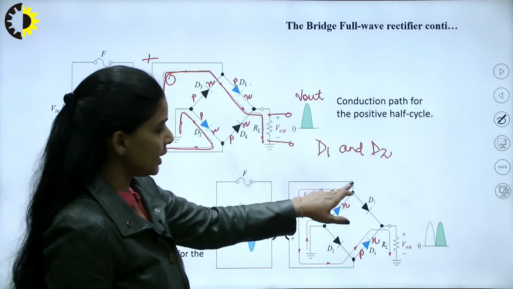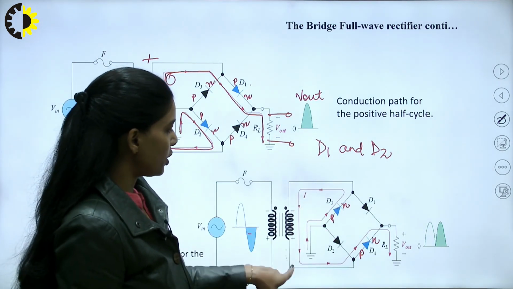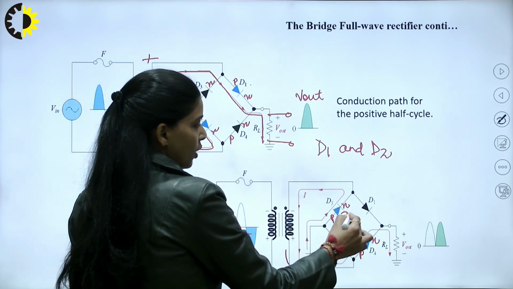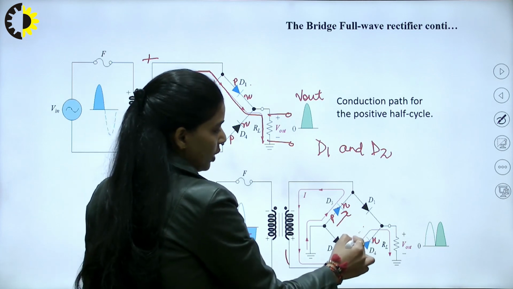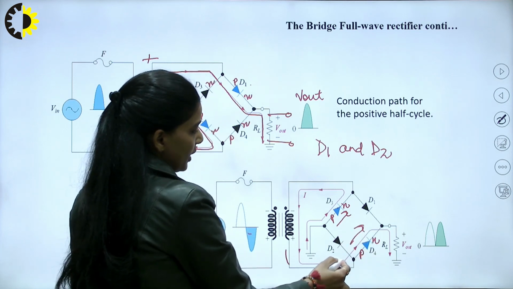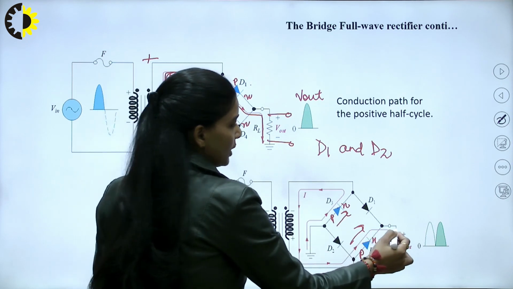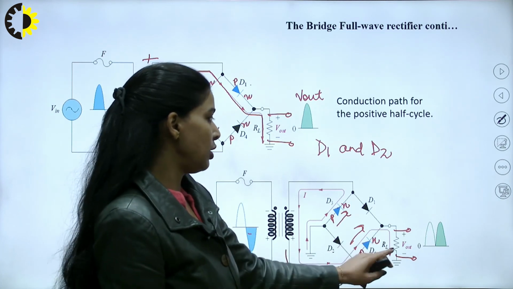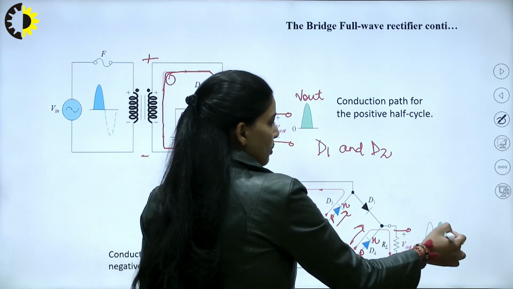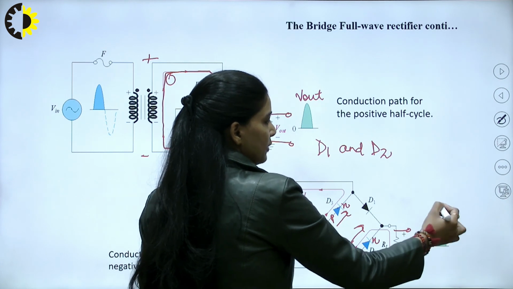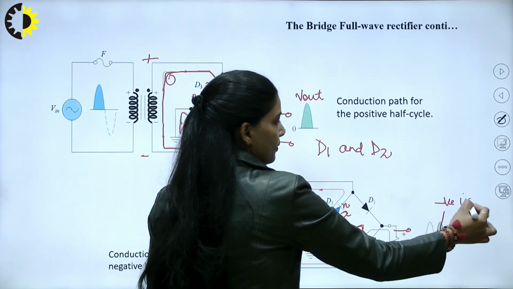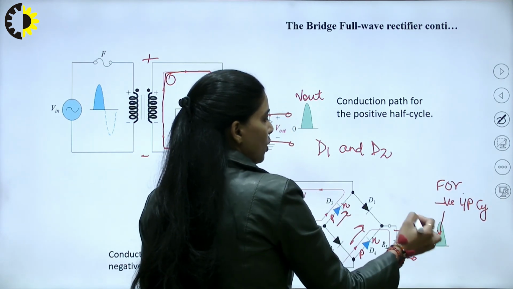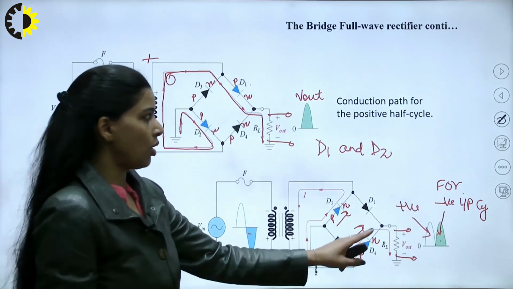Now, this negative is connected to the N side of the diode and positive is connected to the P side of the diode. So, this diode will be forward biased. Similarly, this diode will also be forward biased and current will follow this path and there will be voltage appearing across this load resistance. So, this will be the output for the negative cycle of the input. And this will be for the positive cycle of the input.